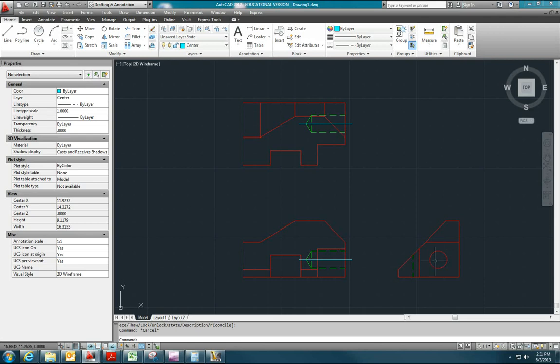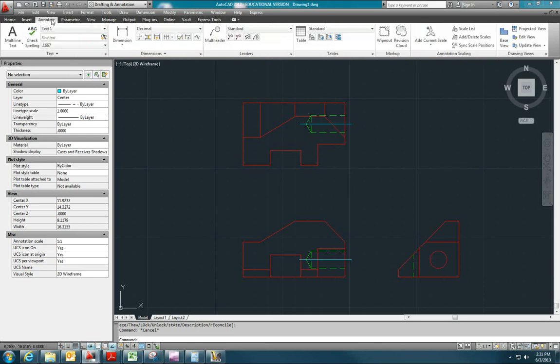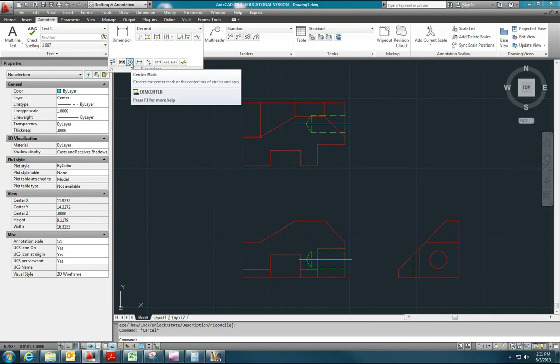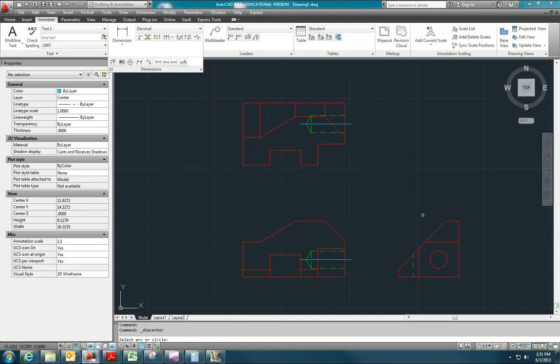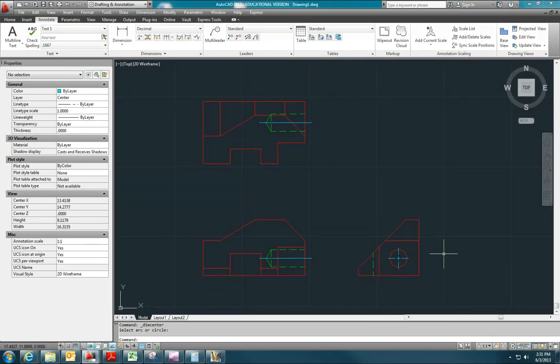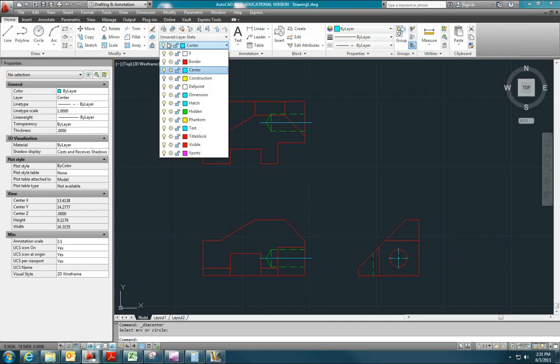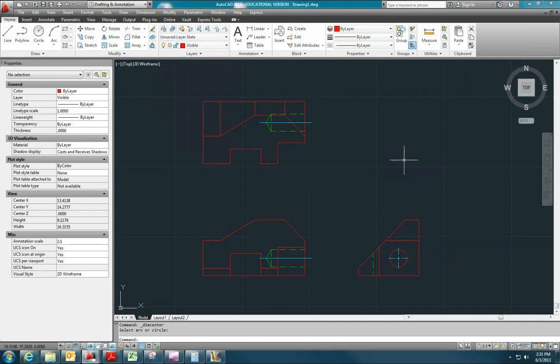Oh, we need to add the center line here. So to do this, go to the Annotate tab. Under Dimensions, you can see the DIMCENTER is the command alias, or you can just click on the button here, and then click on the outside of the circle, and that gives you a nice center mark. Okay, so that's our front, top, and right side views, and now we will jump right into our isometric view. I'm going to go to the Home tab. I will go to my visible layer. Now, almost never will you